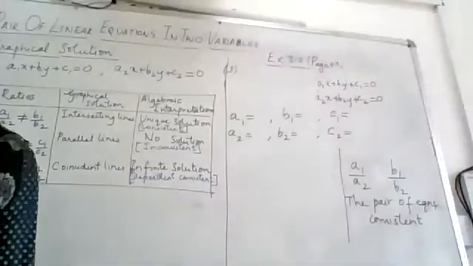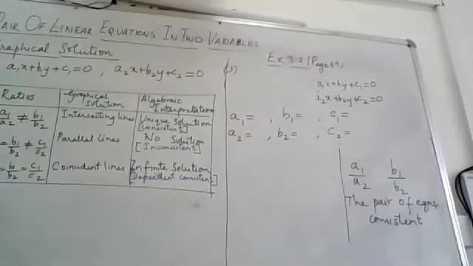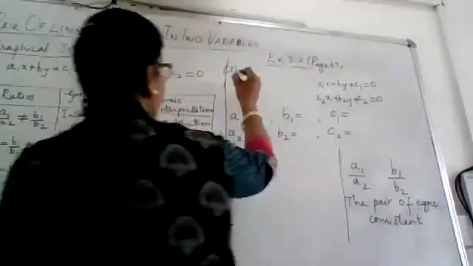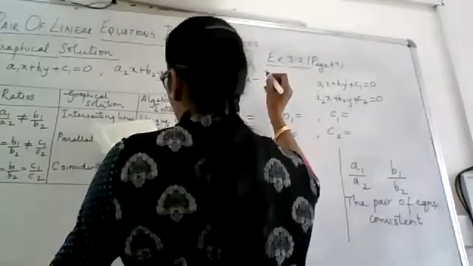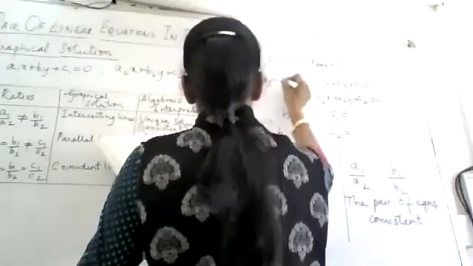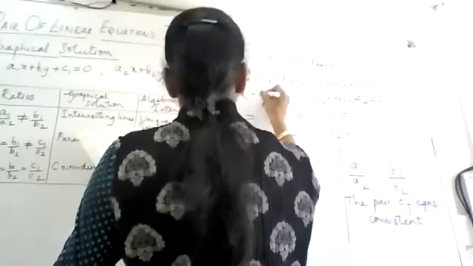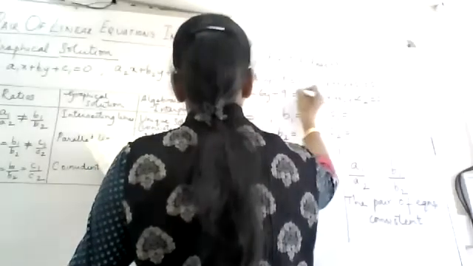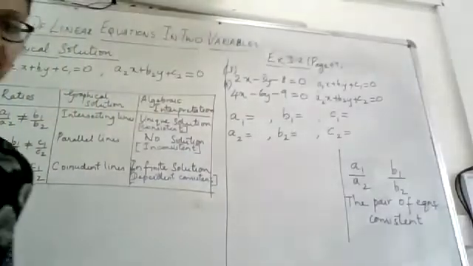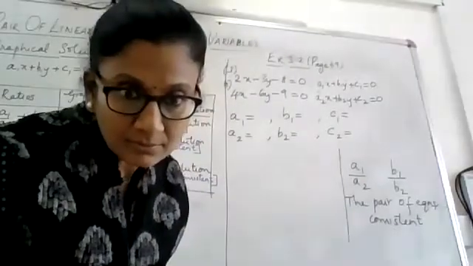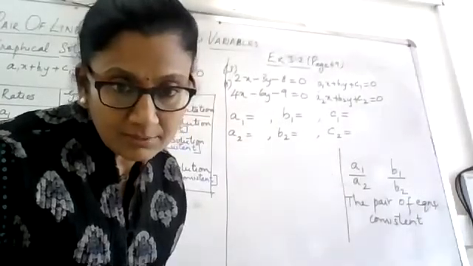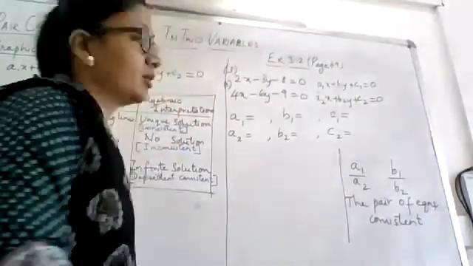Okay, let me take it down and do. It is 2x minus 3y equals 8, or I'll write it in the standard form itself. 2x minus 3y minus 8 equals 0. And the second one is 4x minus 6y minus 9 equals 0. This is the second one we are doing. So now compare and try to get. Is someone getting added? No.